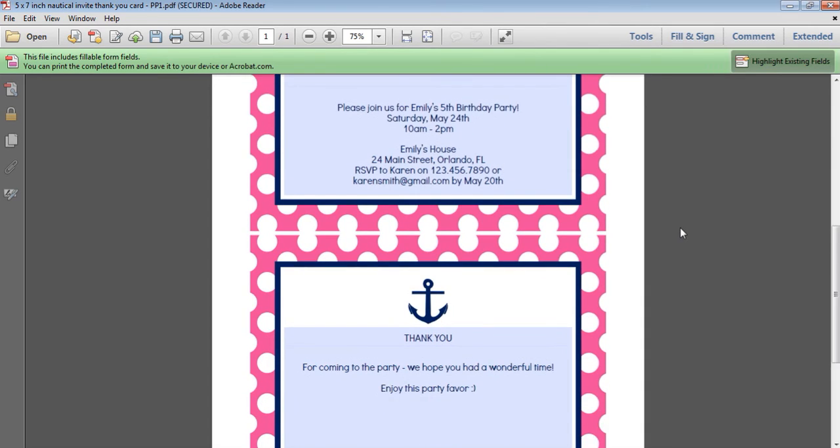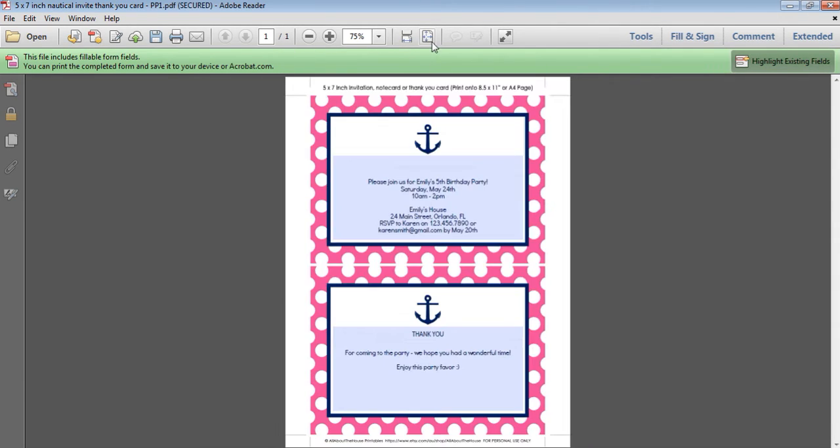So with this template, you can choose different text for both of the invitations, or you can have it automatically the same thing. So say we wanted to have caps lock, you're invited. Just press Control A to highlight all of that text, press Control C, click on this bottom invitation, press Control A, Control V. So Control C copies, Control V pastes. And then if you wanted to have this same text down the bottom as well, you can press Control A, then Control C, click down the bottom, press Control A, and then Control V.